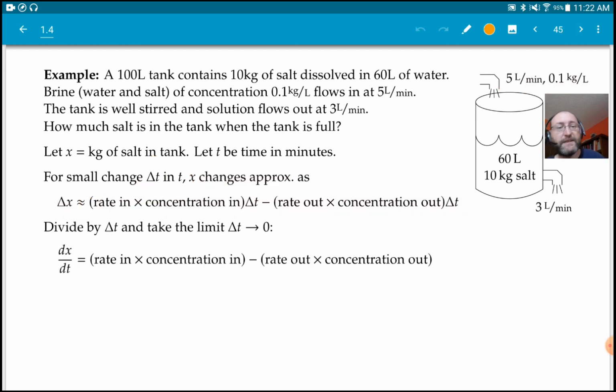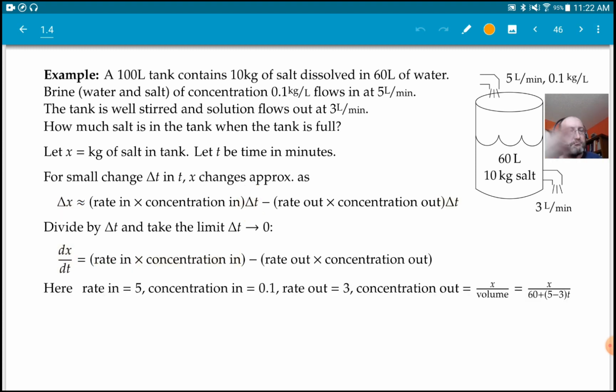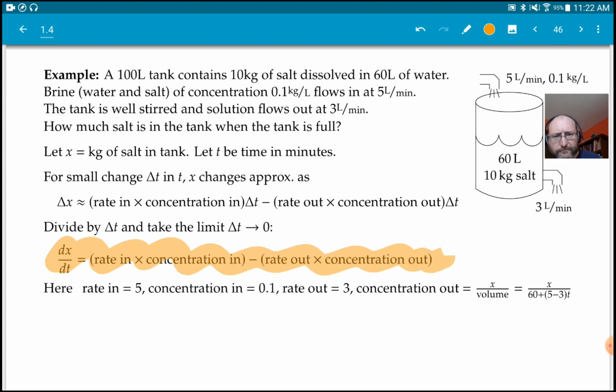All right, but now it's the rate out, concentration out. Now you divide by delta T. So divide by this, you're going to get delta X over delta T, and then you let delta T go to 0, so you get the derivative of X with respect to T. So the derivative of X with respect to T is the rate in times concentration in minus the rate out times concentration out. So that's the general formula for this sort of problem, and we